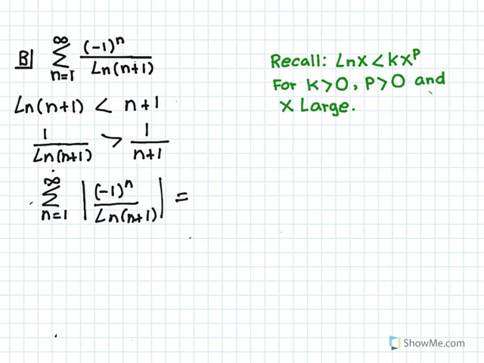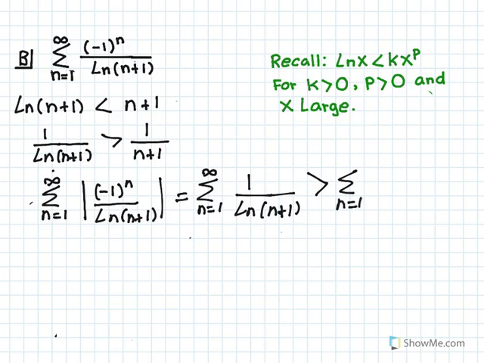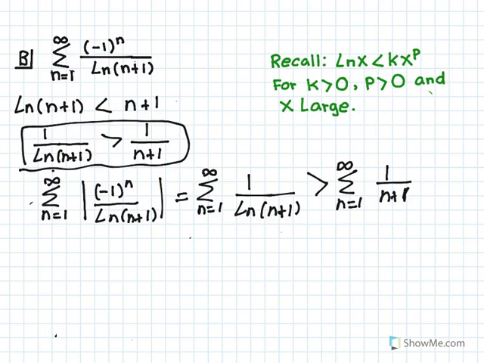The absolute value gets rid of the negative sign, so we have the summation n equals 1 to infinity, 1 over log of n plus 1, and we showed earlier that every term of this series is larger than every term of this series, n equals 1 to infinity, 1 divided by n plus 1. We show that in this step here. All right, so now notice that the summation 1 over n plus 1 is a divergent series